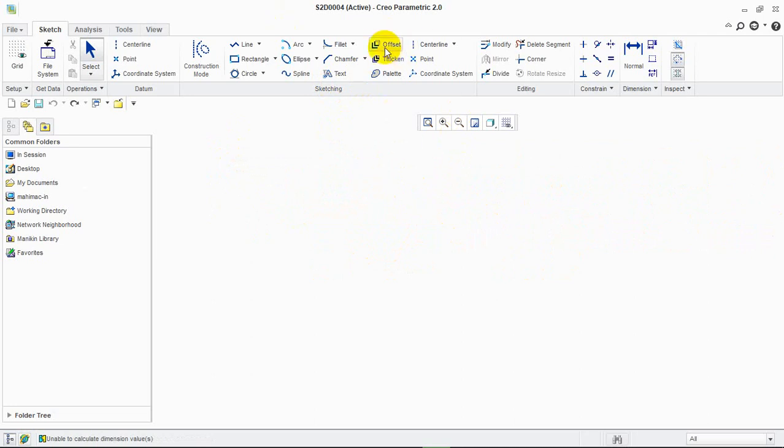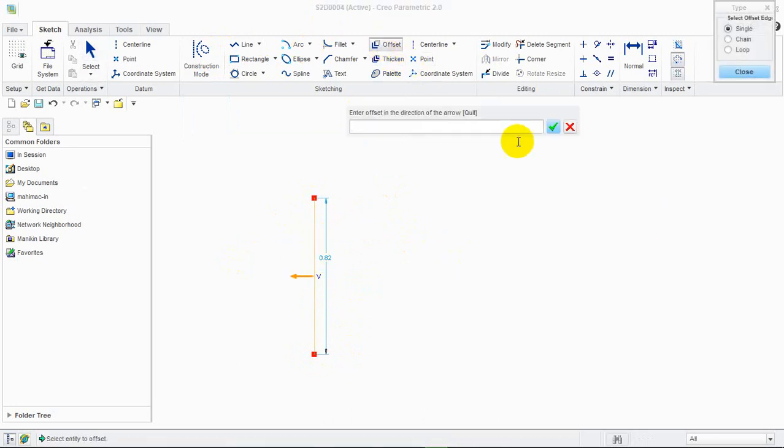Then offset. Offset is nothing but replicating your image. For example, a line is there. If I want a line same as this, the option you have is offset. Click on the line. The direction shown is the side on which the line should be offsetted. Offsetted means moving the line, taking the parent and making a child. If I give 25 mm,